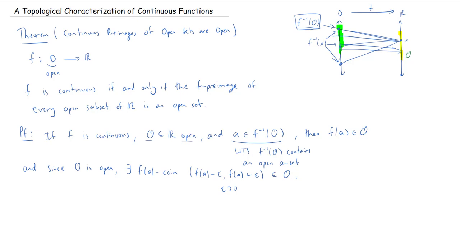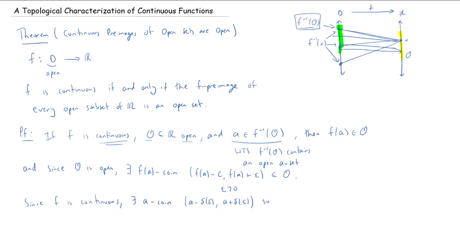Okay, but we also know that f is continuous. And since f is continuous, there's going to be some a coin that is going to map into this f of a coin. All right, so since f is continuous, there exists an a coin, and let's call it a minus delta of epsilon, because it depends on epsilon, a plus delta of epsilon,